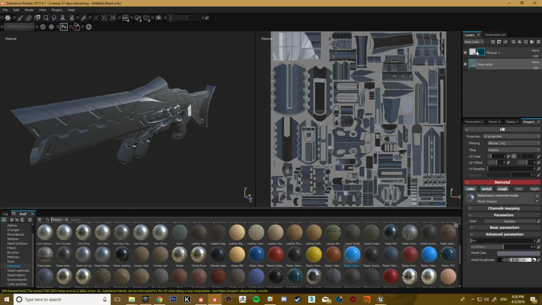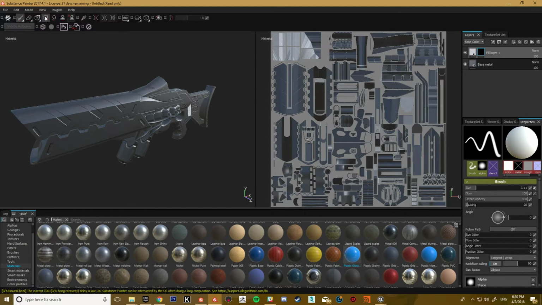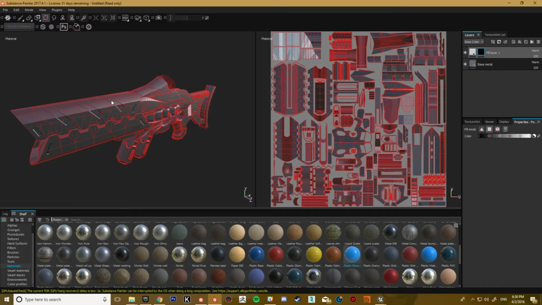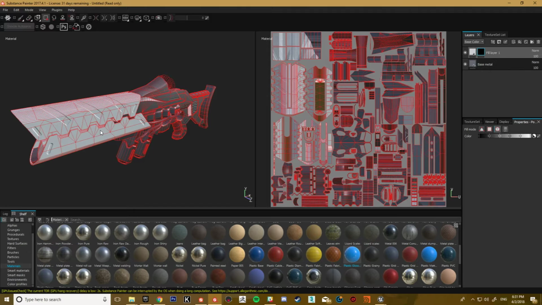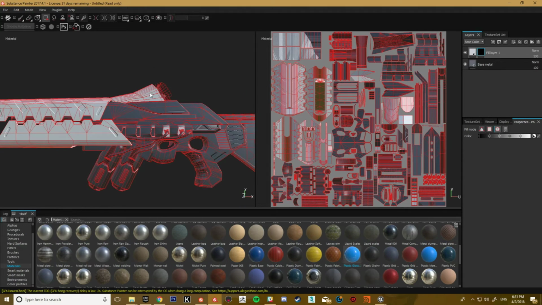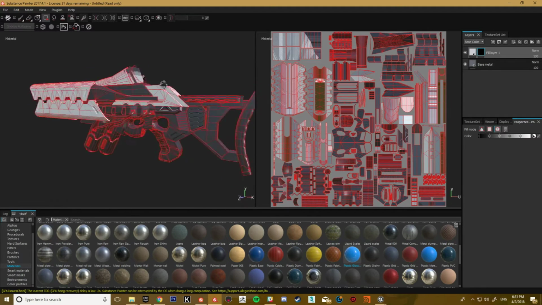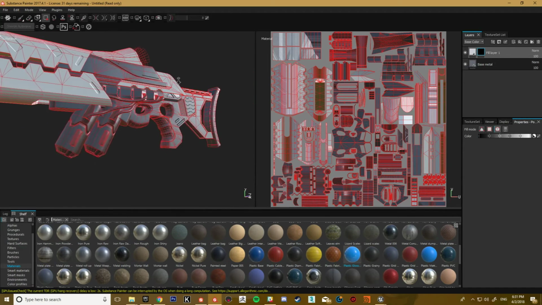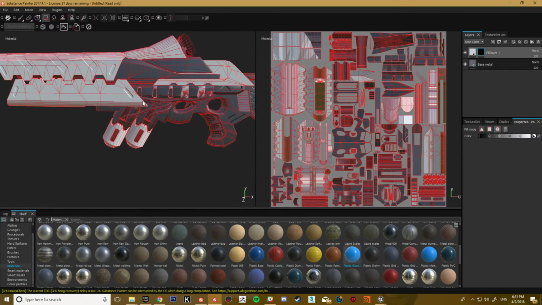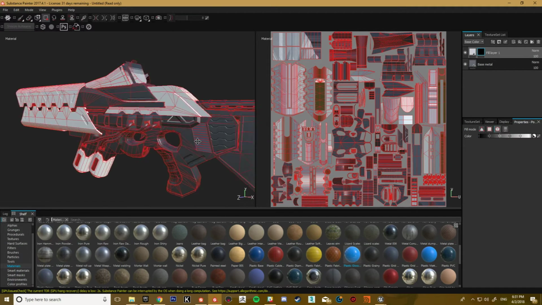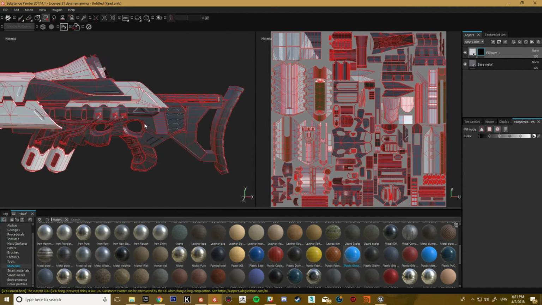And past that point, you're going to have to start singling out areas, much like you would with a material ID workflow, but in this case you don't need the polygons. So I'm going to start picking out some sections here, like I want this cover and that cover to be plastic, and then maybe I want this to be plastic, and that. Maybe these canisters are plastic, and then the rest of the frame, the main body of it, is metal.